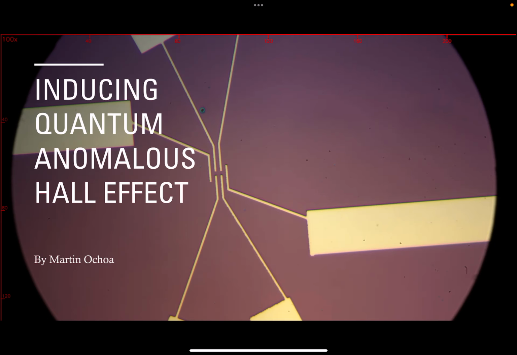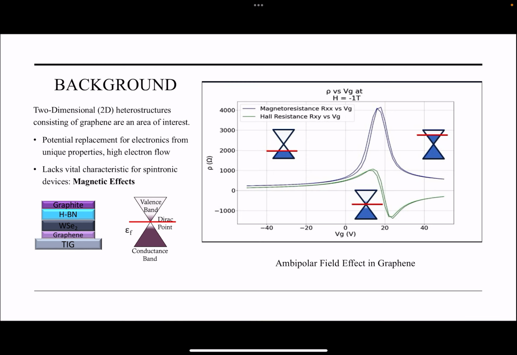Today we'll be introducing my Phys142 Capstone project, inducing quantum anomalous Hall effects within graphene heterostructures. Now, condensed matter physicists are interested in 2D heterostructures consisting of graphene and other various materials, and the reason why graphene is an area of interest to us is because of its highly